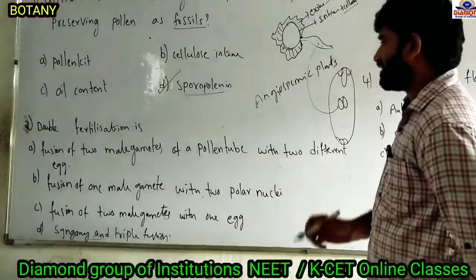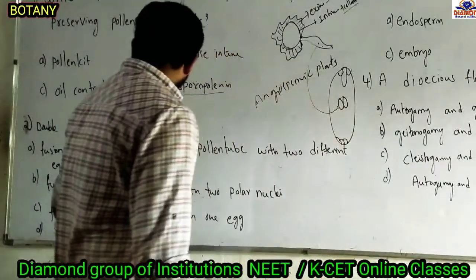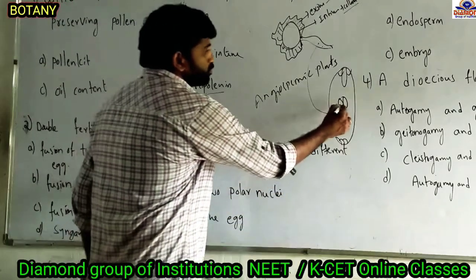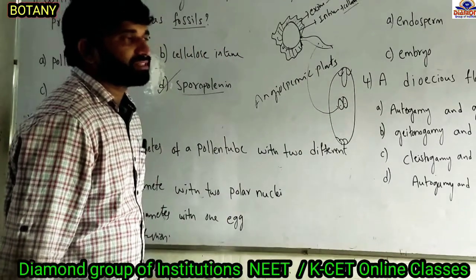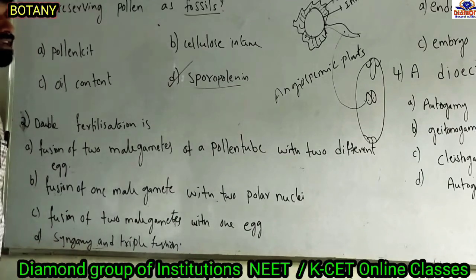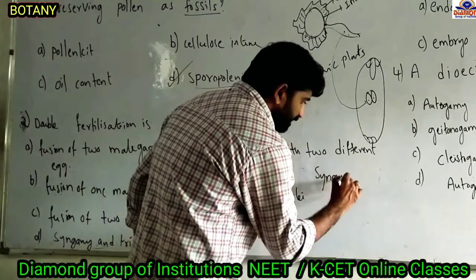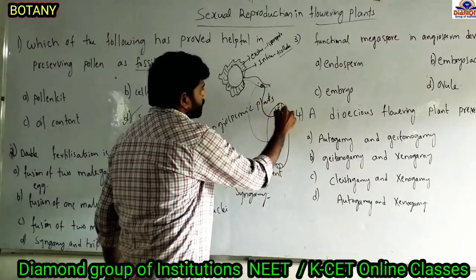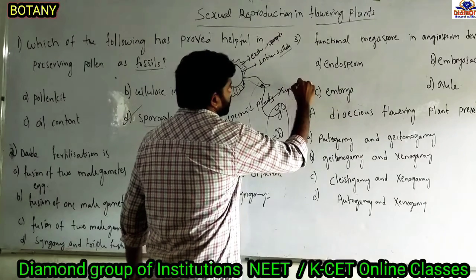Then option D is given as syngamy and triple fusion. Now see here, in option B, one male gamete fuses with two polar nuclei, so three nuclei are involved. This is called triple fusion, but not double fertilization by itself. Then, what is double fertilization? Syngamy and triple fusion. You want to know this clearly: syngamy is the fusion of the egg cell with one male gamete,